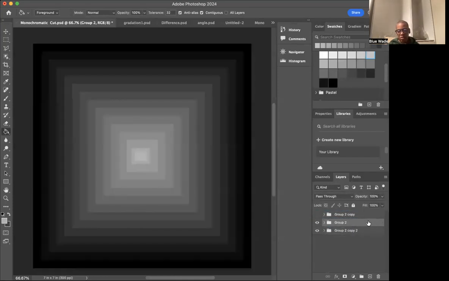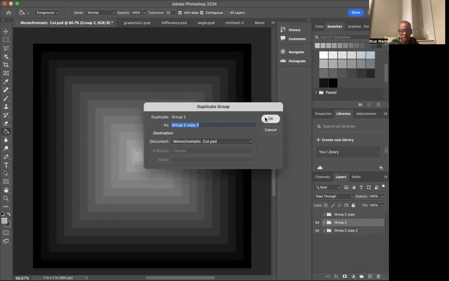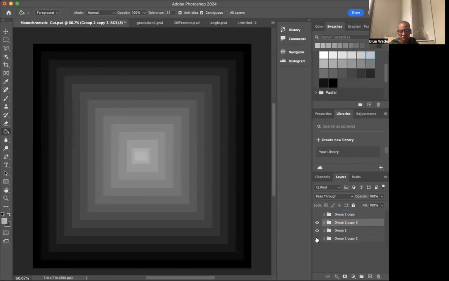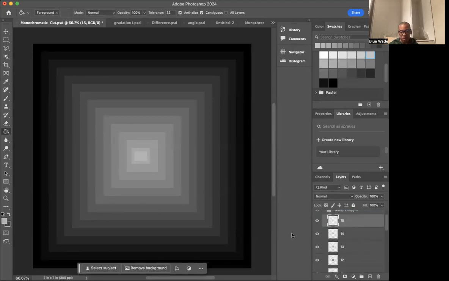So I had that light to dark. So I'm going to duplicate my group 2, just so that I have it in case I ever need to go back. I have it. What I'm going to do now, though, is go back into that first group of dark to light,